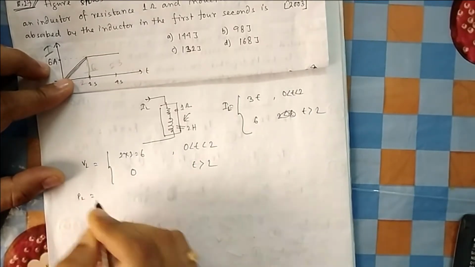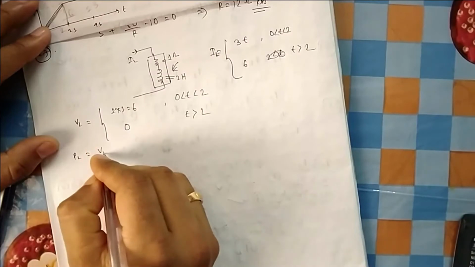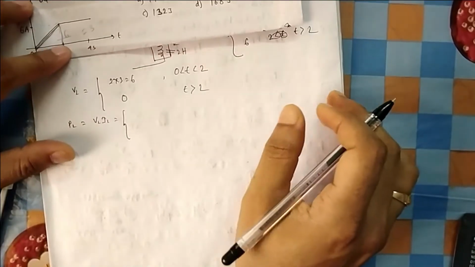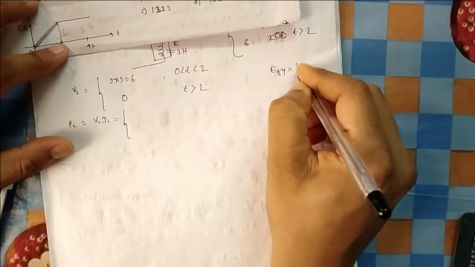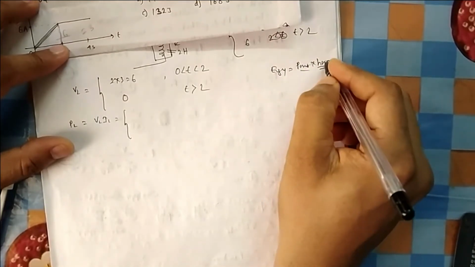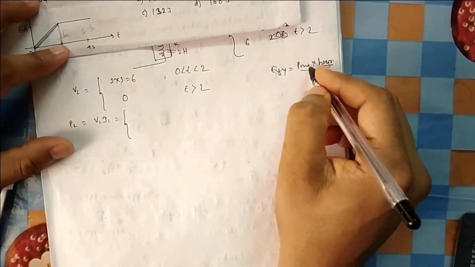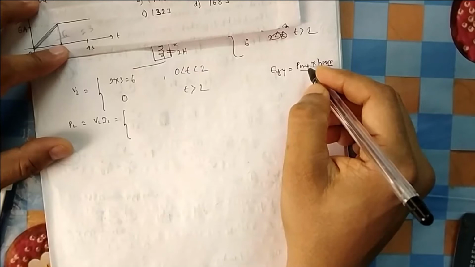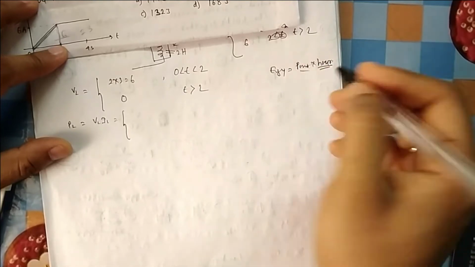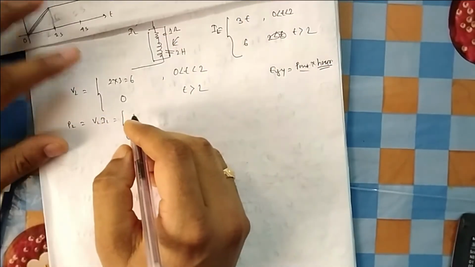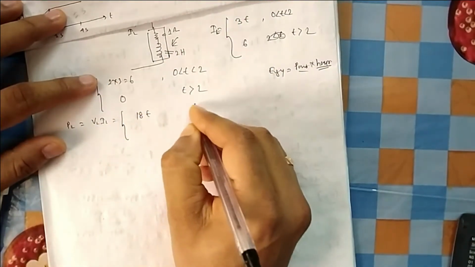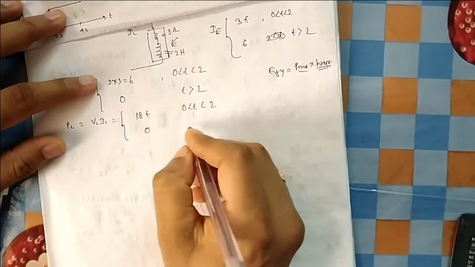Okay, then what is the power through the inductor? Power is equal to VL into IL. So if I write the equation of power, what will be the power? Because they are asking energy. Energy, you always remember, power into hour. There is an easy way to remember: energy equal to power into hour. Hour means not exactly hour, it depends on time. You can remember it as power into hour. So VL into IL, 6 into 3t, that is 18t for t between 0 to 2, and then it is 0.